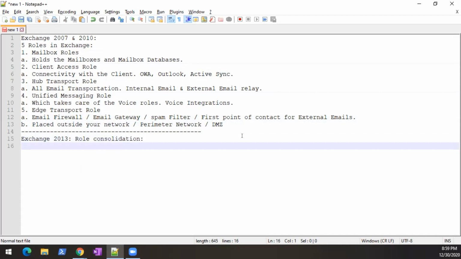Your hub transport role and your unified messaging role have been merged with the mailbox role, which means the mailbox role is now doing the job of the hub transport role and the unified messaging role, altogether called the mailbox role.